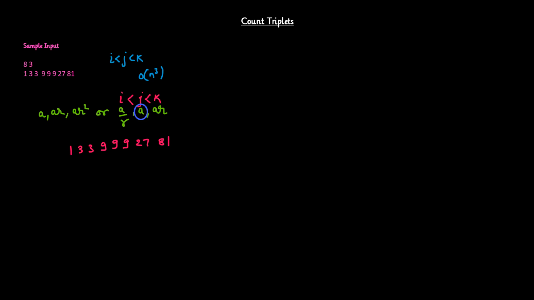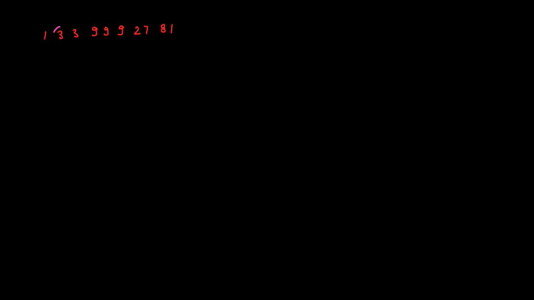So let's use the same thing. Let's take the same example. When we process this complete array, guys, and we use every element as a, suppose this 3 is forming 4 valid triplets, and if we replace this 3 with this other 3, then it will also form the same number of triplets. So we are not going to calculate the same thing again and again if the element occurs more than once. By doing this, we are trying to save our time.